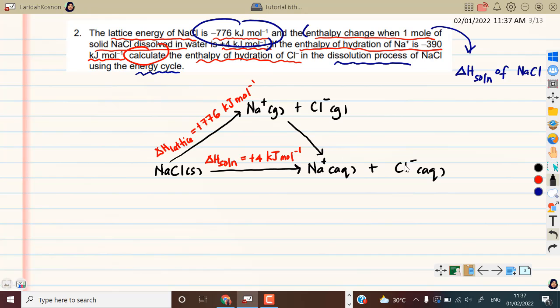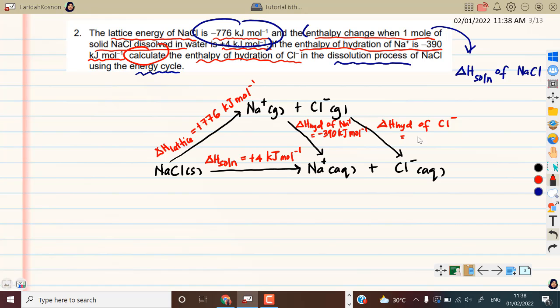So sodium ion undergoes hydration. Dia akan involve energy yang dipanggil enthalpy of hydration of sodium ion. Kalau ikutkan kat sini nilainya adalah negatif 390 kilojoule per mole. Okay, and same goes to chloride gaseous ion. Dia akan undergoes hydration, where this process involve enthalpy change, enthalpy of hydration of chloride ion, which is this one is, saya tulis macam ni, of Cl minus. Kat sini pun saya boleh tulis of sodium ion,